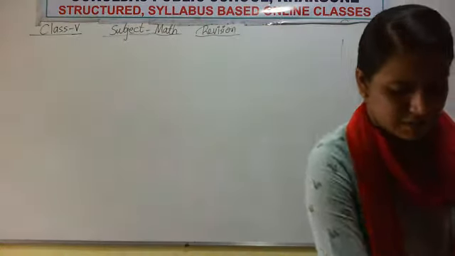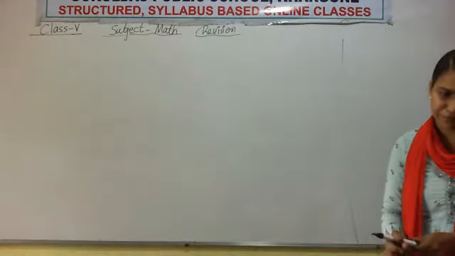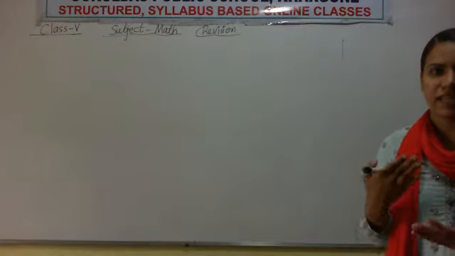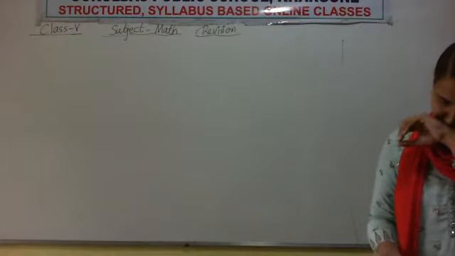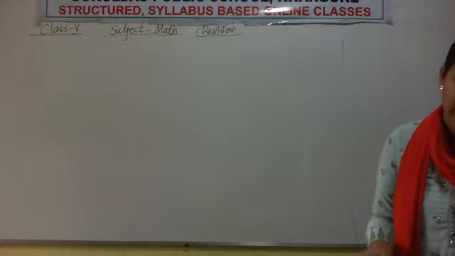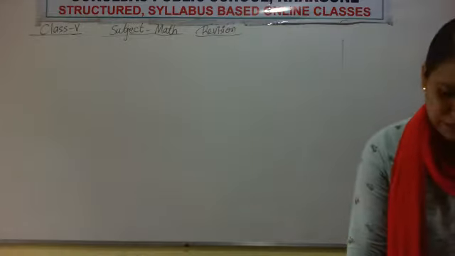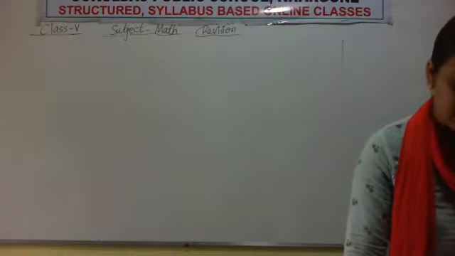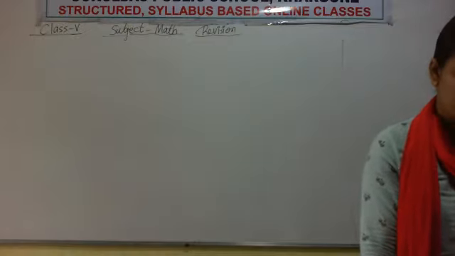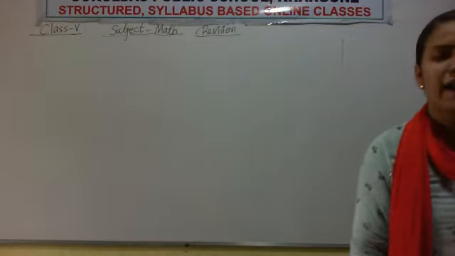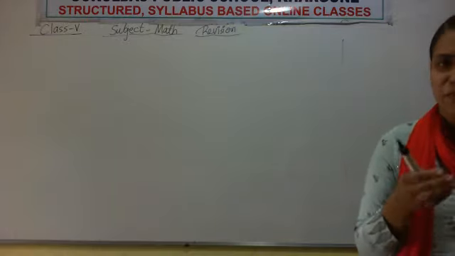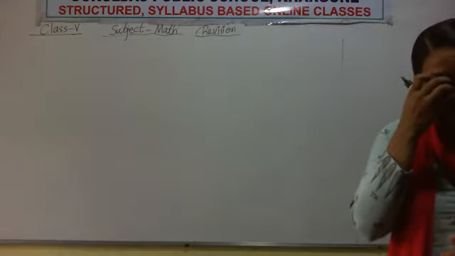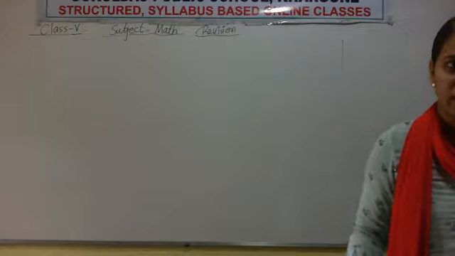Now prime factorization. We have discussed different methods of prime factorization, that is the tree method and the division method. Next exercise is find HCF, highest common factor. To find HCF we discussed two methods. One is prime factorization, another one is short division method. Here I am explaining both the methods one more time.